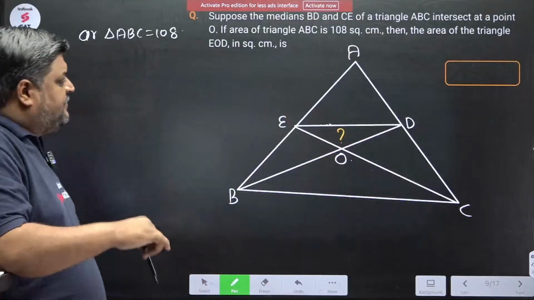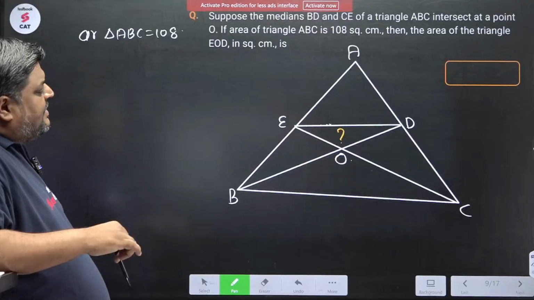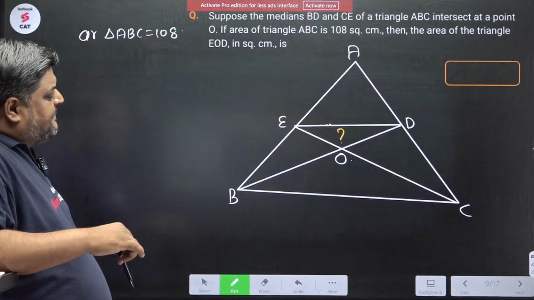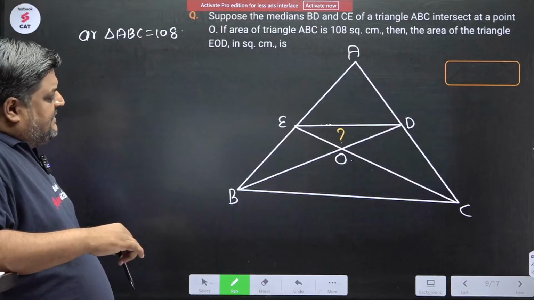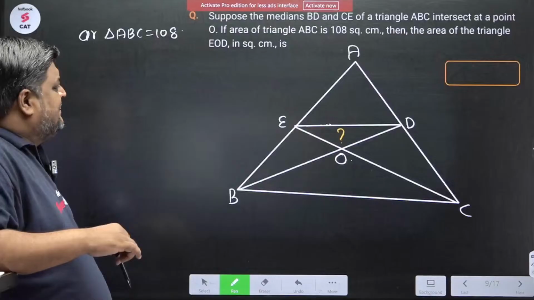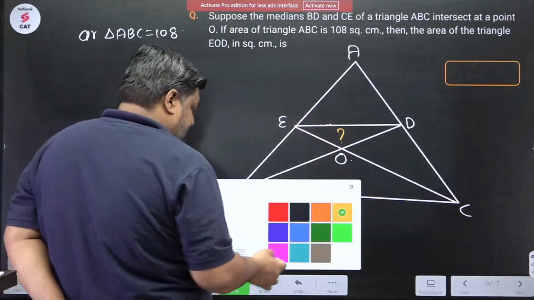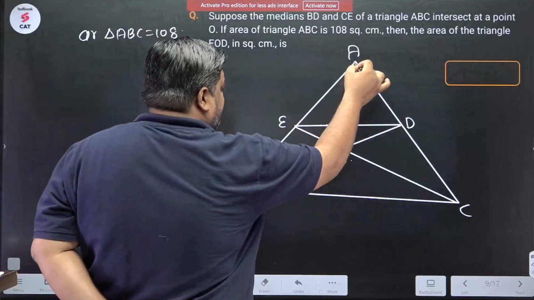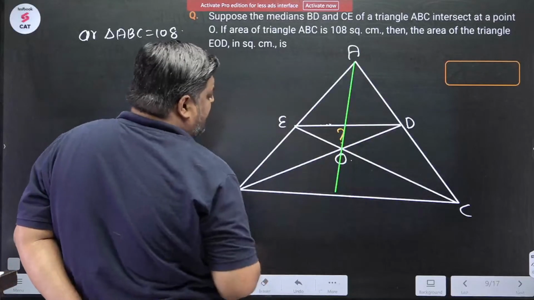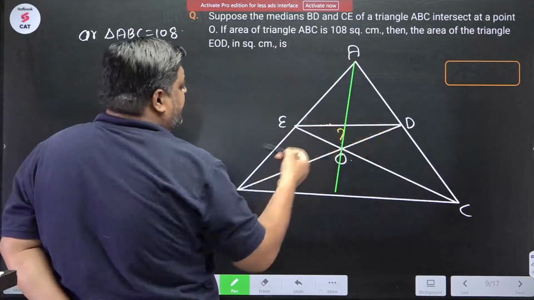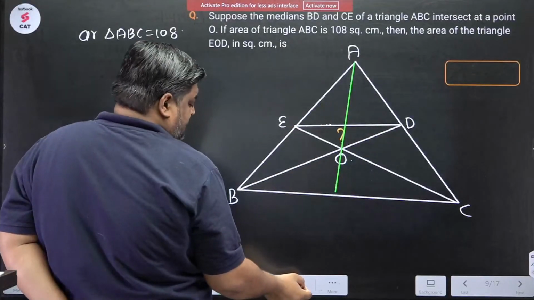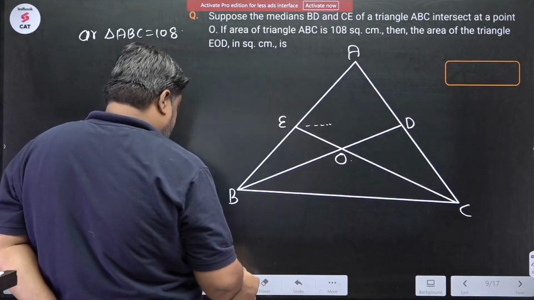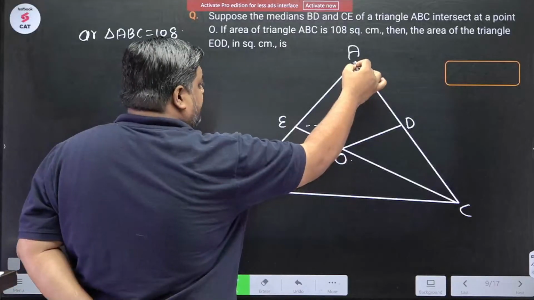Now, how to find this out? अच्छा गाइस देखो, check this out. If you remember, अभी मैं ड्रॉइंग इट, I take this out. अगर मैंने यहां से भी एक मीडियन ड्रॉ किया, यहां से भी एक मीडियन ड्रॉ किया, ED को भी भूल जाओ। इनफैक्ट रुको, मुझे ये ED हटाने दो, ठीक है। अगर मैंने एक मीडियन यहां से ड्रॉ किया,